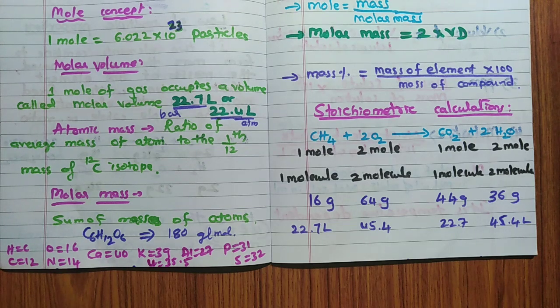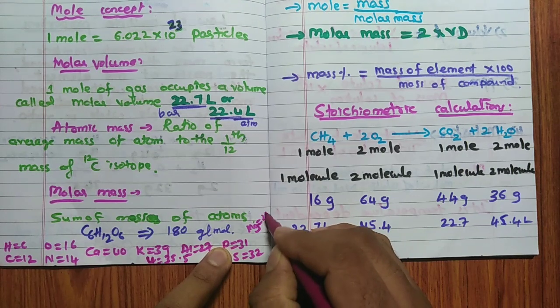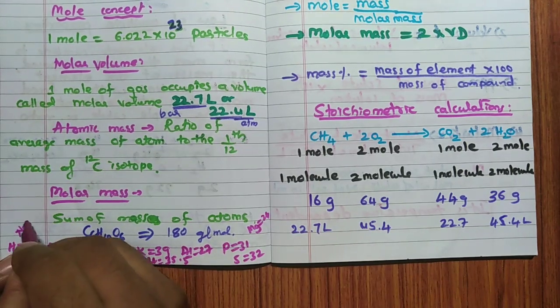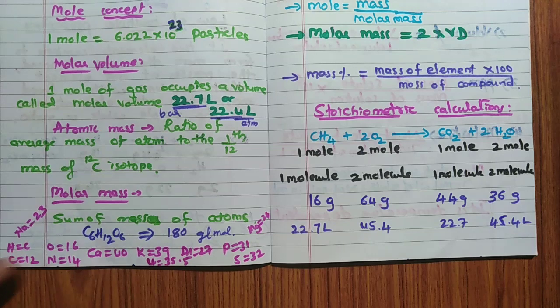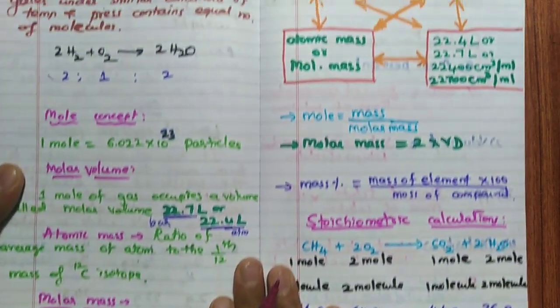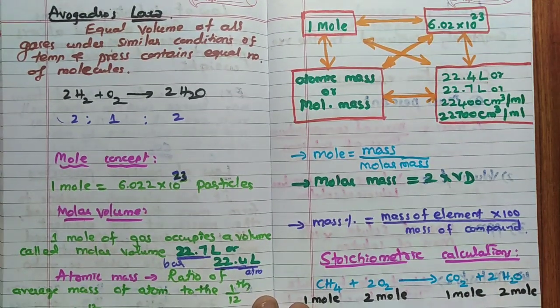Other than this, whatever they give, they will mention the atomic mass in brackets in the formula in the problem. In the numerical problem, they will mention either the molecular mass directly or the atomic masses of the elements other than these commonly encountered elements. Magnesium you can also add, magnesium 24. Sodium 23, that you also remember, since sodium chloride calculation is required. If you remember these many things, that is enough for any exam. They will mention the atomic mass. Then very, very important in solving mole concept problems.